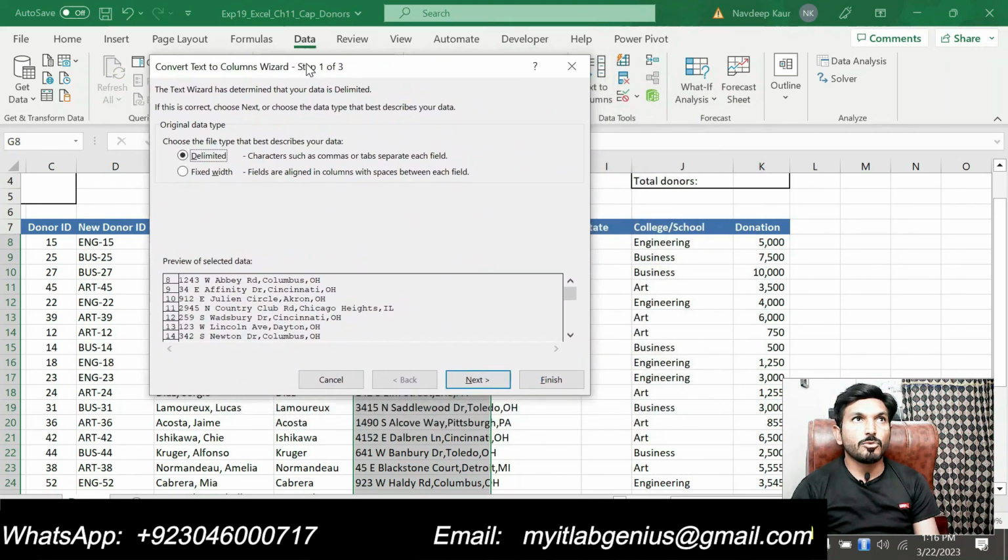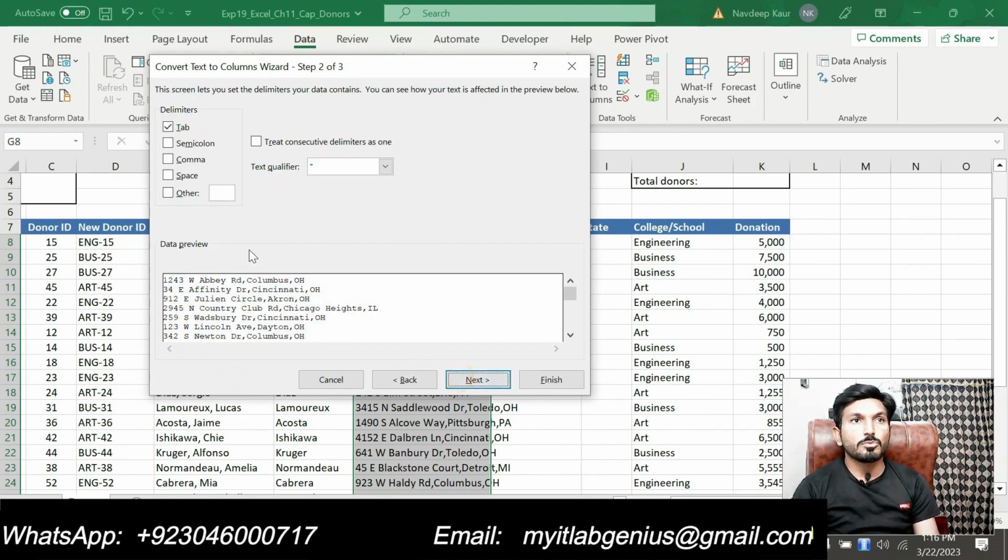So we will get this box, and now we are supposed to convert this text to columns based on the delimiter. So we will select Delimited here, click Next, and now which delimiter are we supposed to use? We are supposed to use the comma as the delimiter. So we will check the comma box and uncheck this tab box, because we are supposed to use the comma as the delimiter. After checking the comma box, just click Finish.